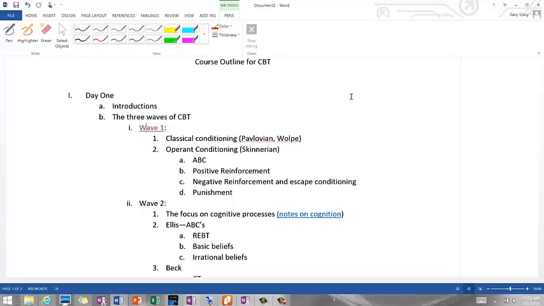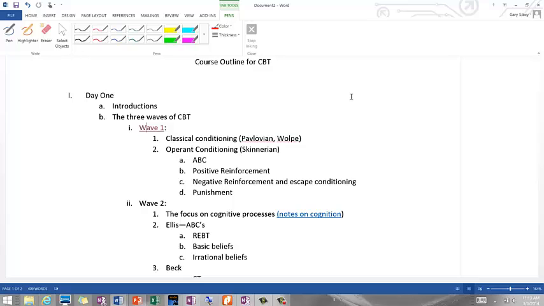Pavlov being the classical conditioning branch, and Skinner being the operant conditioning branch, and as we'll see later, they very nicely fit together in ways that make sense of fairly complex forms of psychopathology, especially all of the anxiety disorders and mood disorders and depression in particular. And as we go through the course, you'll see how they come to play in very powerful ways to understand fairly complex forms of psychopathology.